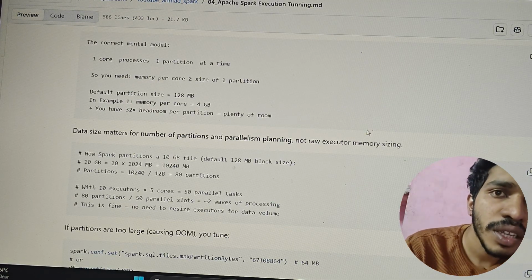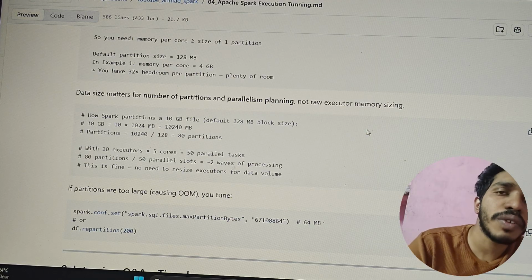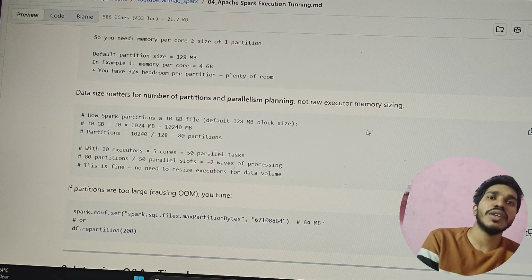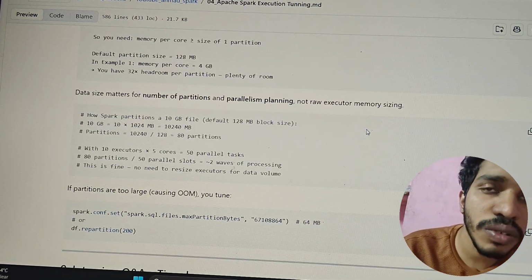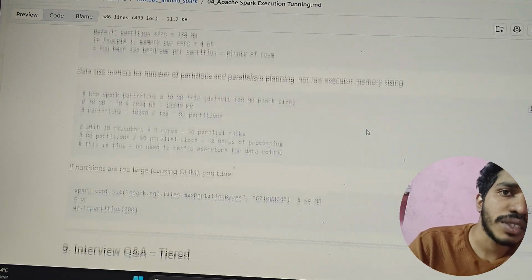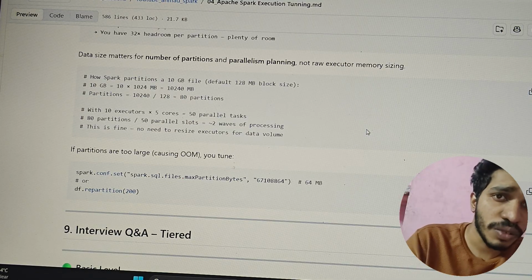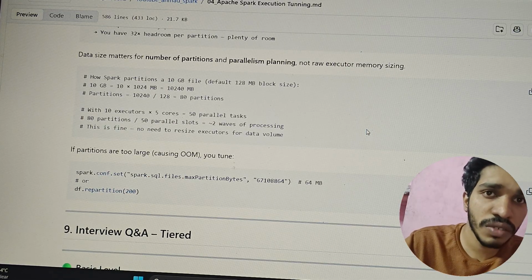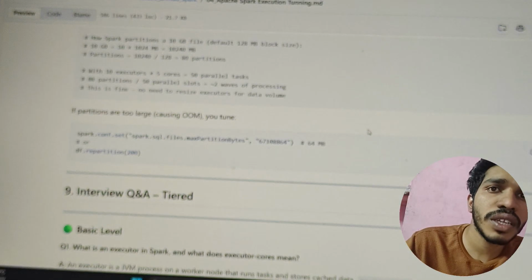How does Spark partition a 10 GB file? The default is 128 MB block size. So 10 GB means 10 into 1024 MB, which is equal to 10,240 MB. So 10,240 divided by 128 equals 80 partitions. With 10 executors into 5 cores, that is 50 parallel tasks. So 80 partitions divided by 50 parallel slots is near about 2 waves of processing. This is fine. No need to resize the executor